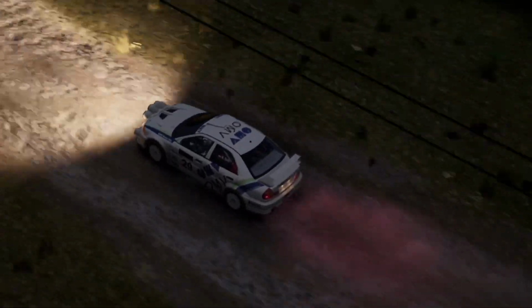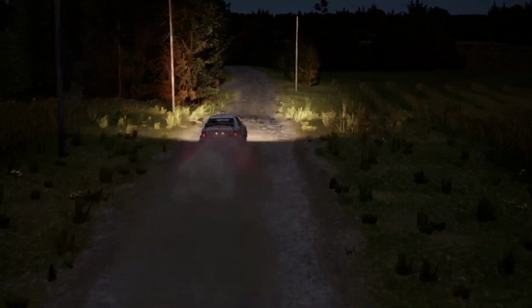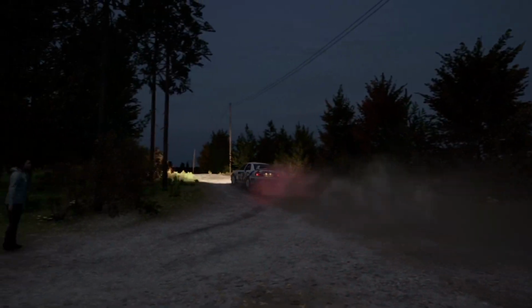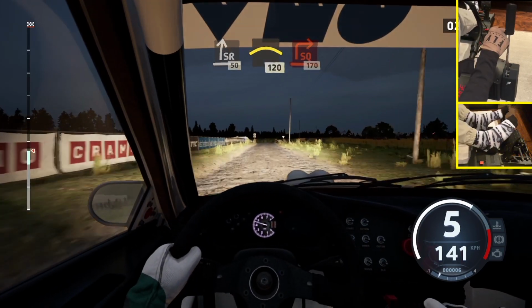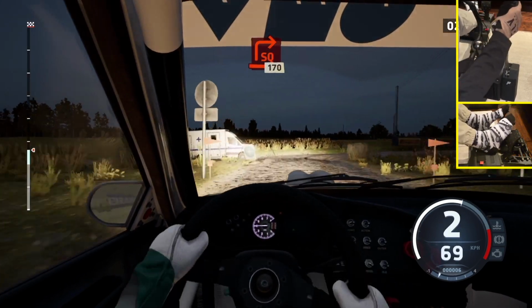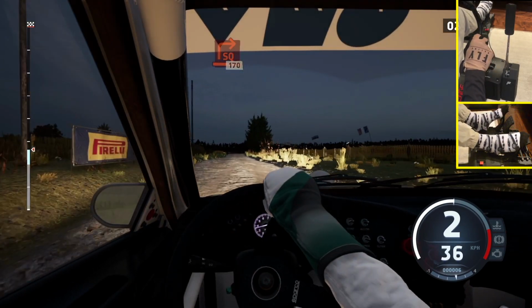So far we've started to clean up our act a little bit. Really flying on this section of the stage right now. This is pretty much completely straight. Going over that small jump, and now we have a square right approaching. On the brakes now, shifting down probably to 2nd gear, pulling the handbrake now, and around this hay bale, a